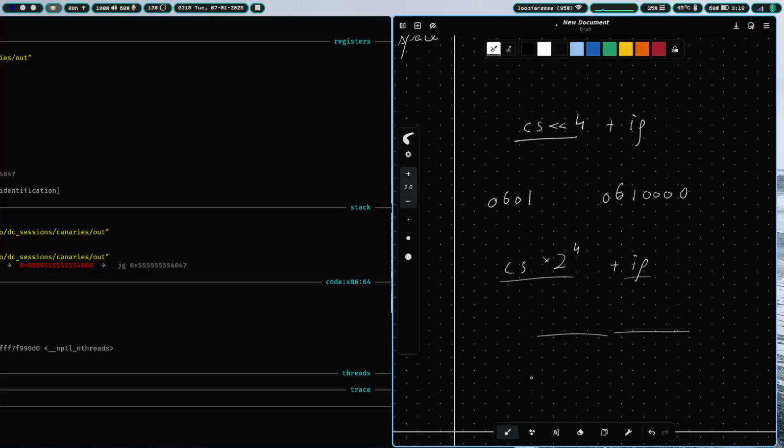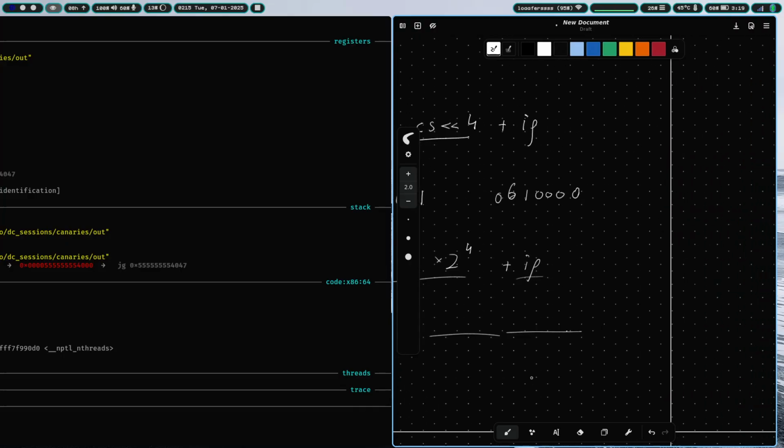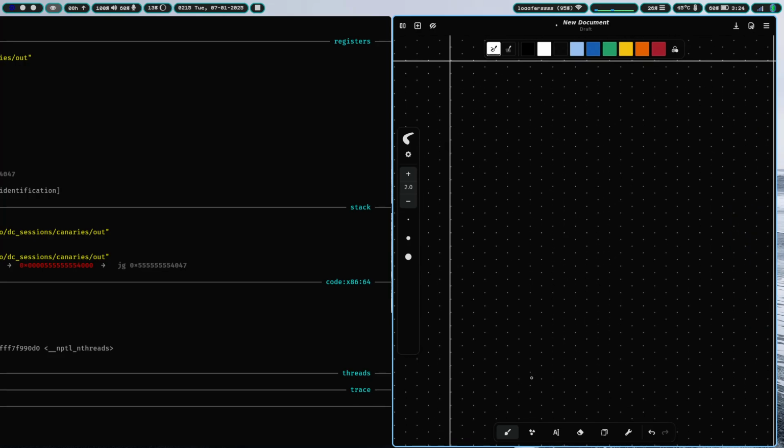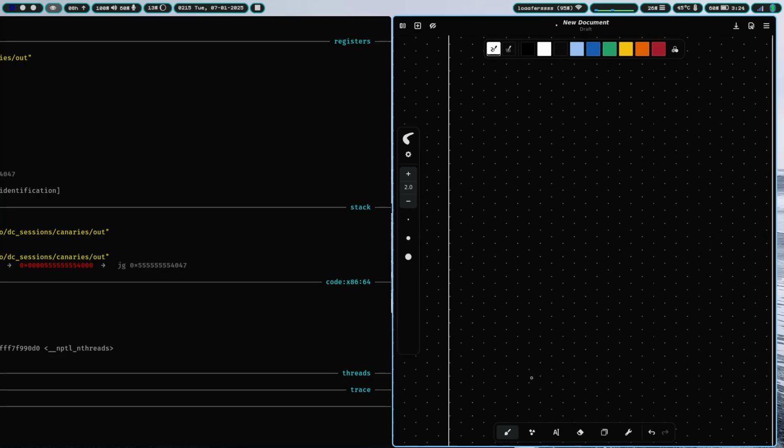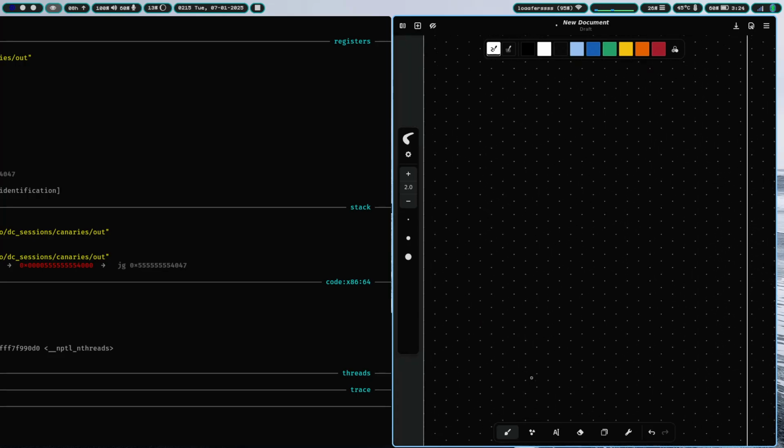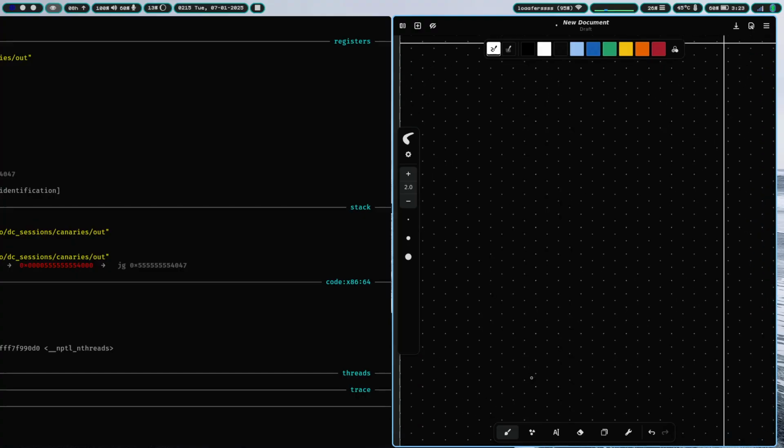Now, why is it not 32? I have no idea. Yeah, so that's how Intel was designed. But yeah, it would have been very good if it was 32. So now we go back to our thing. We had fs colon 0x28, right? So it basically means